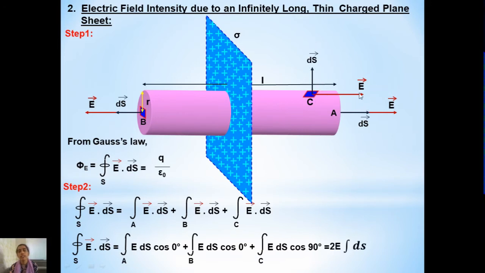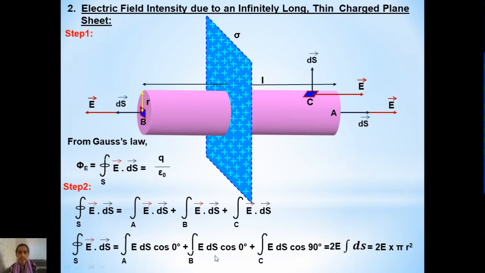The angle between the area vector and the electric field is 90 degree, therefore we write cos 90 degree. Since cos 0 is 1, 1 multiplied by E ds is E ds. Similarly, cos 0 is nothing but 1, therefore anything multiplied by 1 is E ds. But cos 90 degree is 0, therefore anything multiplied by 0 is 0. So this term, the electric flux at surface C, will become 0. Since this term becomes 0, to get the total flux we just need to add these two terms.